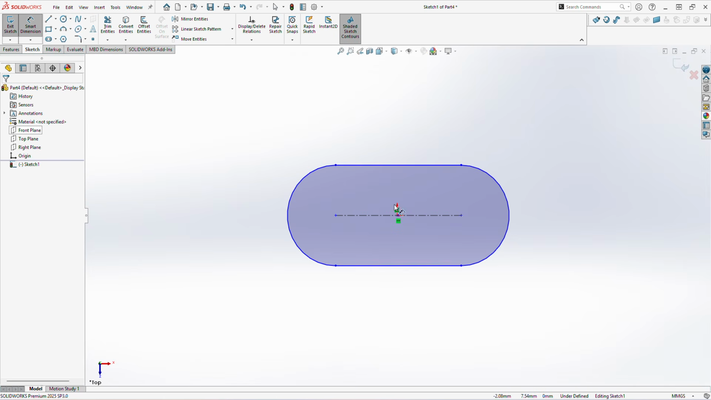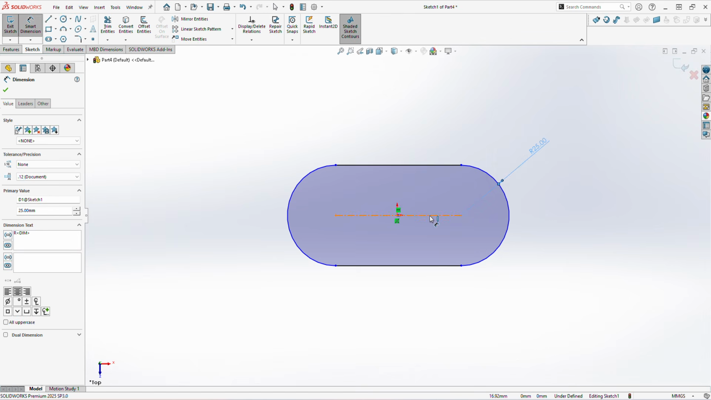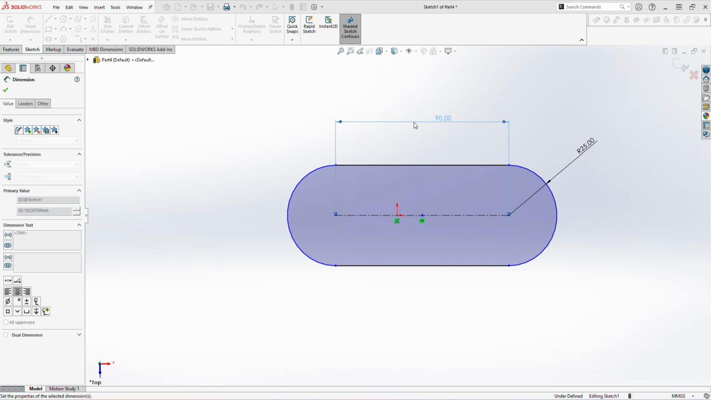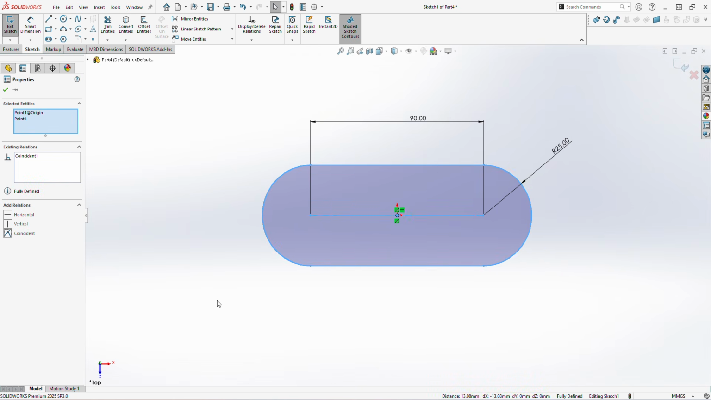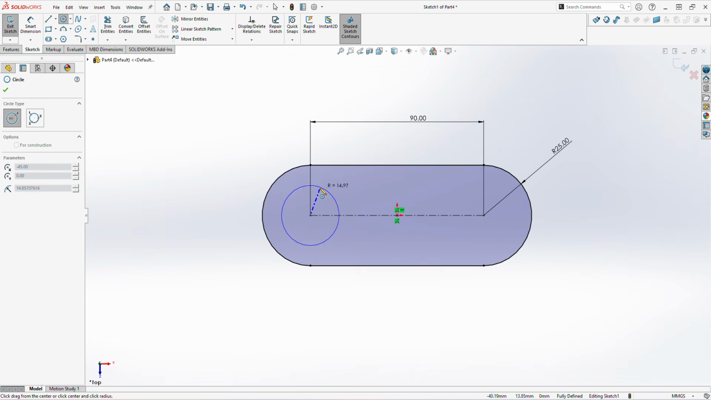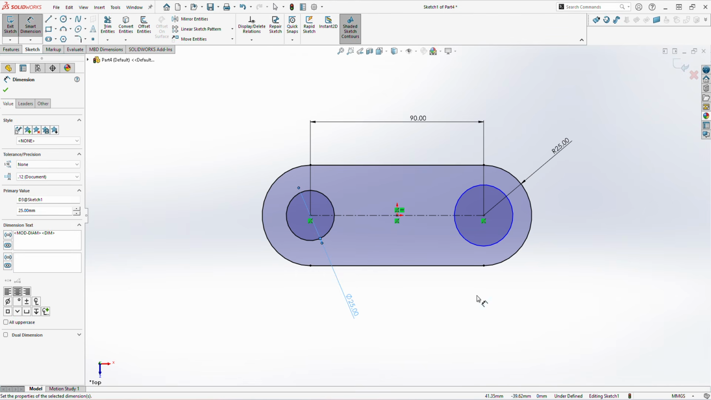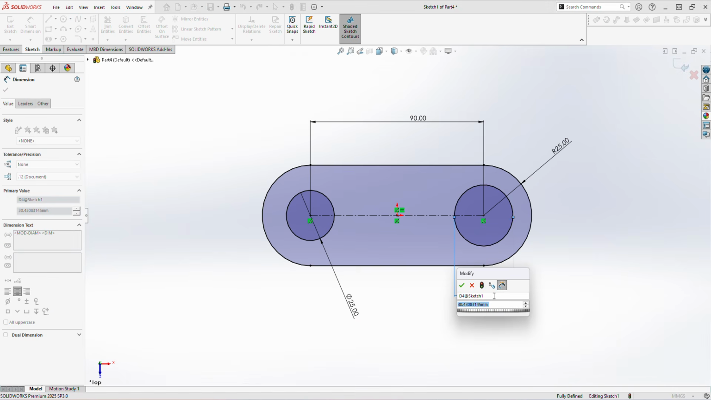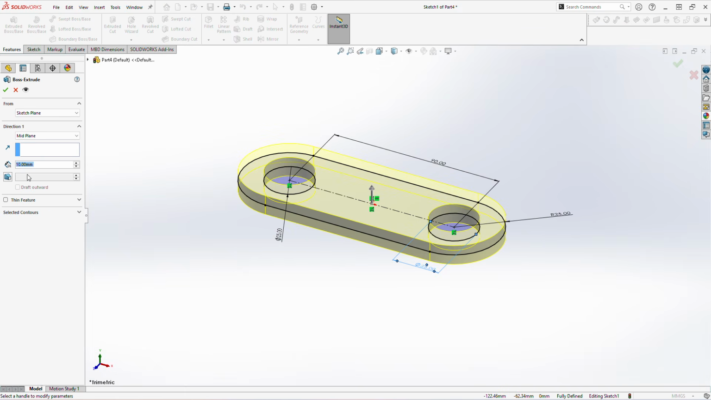Then select a smart dimension and measure this radius for 25 and this one is 90 and select here this cursor and go select this point and this origin point and make it for coincident and then go to a sketch tab and select circle here and make a circle at these two end points of 25 diameter. Then go to features tab and select extrude boss base and extrude it up to 10